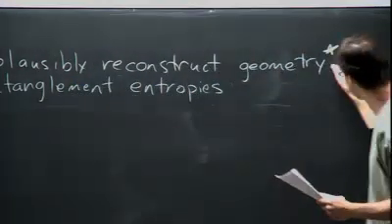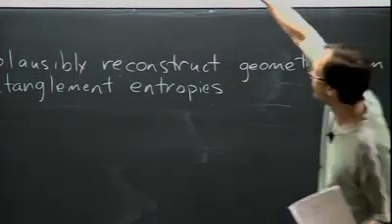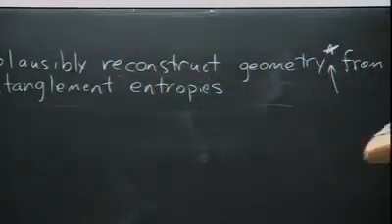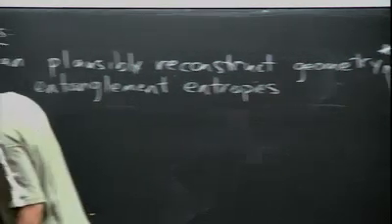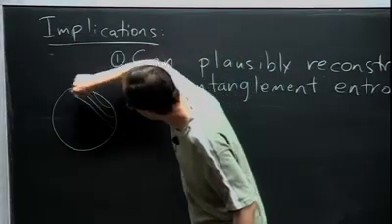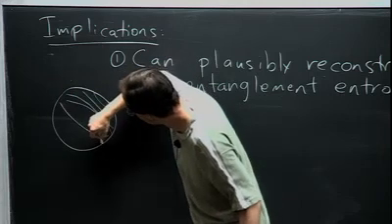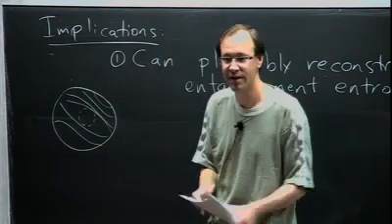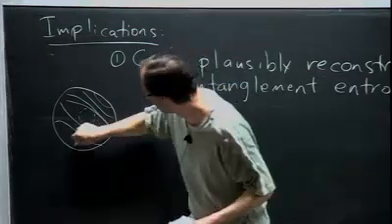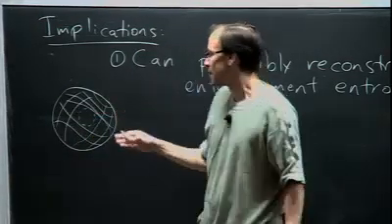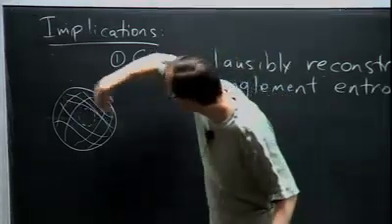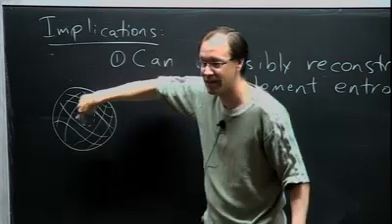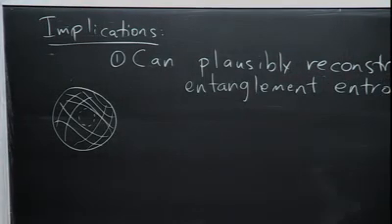And there's an asterisk. Clearly, if there's a part of the dual geometry where none of these entanglement surfaces probe. Okay, so say you have a field theory on a circle, and you look at all the extremal surfaces. Well, there could be a situation where there's a region in the middle of the geometry where none of the extremal surfaces pass through. So if you took your CFT state, computed all the entanglement entropies, and interpreted those as the areas of various extremal surfaces, you can't possibly get any information about this region in the middle. So when I say you could plausibly reconstruct the geometry, what I mean is the part